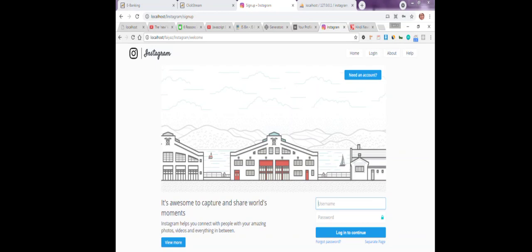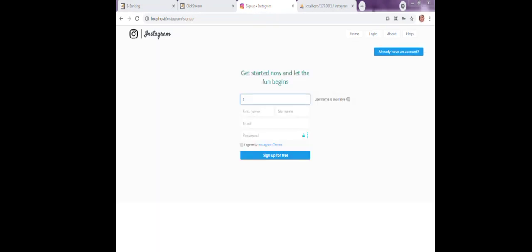Now the user can register into the social media account, Instagram. To register, the user has to provide their username, first name, surname, email ID, password, and click the sign up button.